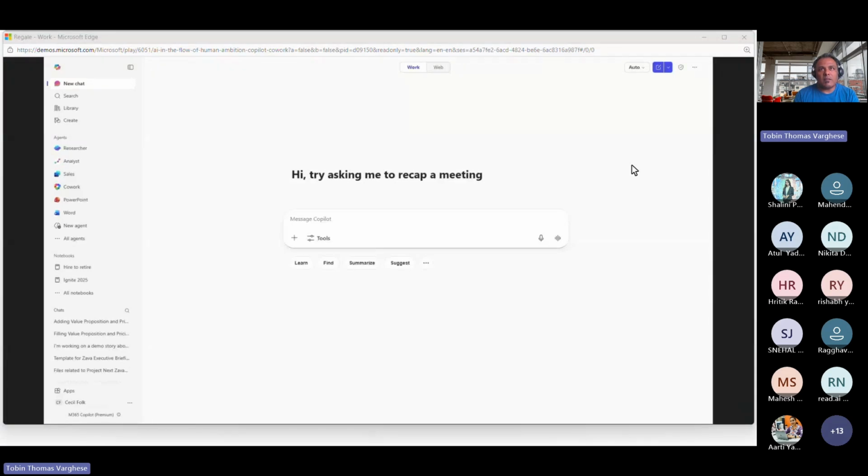Right. So we have a new agent that we created called Copilot Cowork. I'm going to give you a demo of how seamlessly it works with all your information. Say, for example, I'm working on a product launch. I have a product that I'm going to launch, and I need help with it. So I'm going to use Copilot Cowork to help me with it. I go ahead and select it,